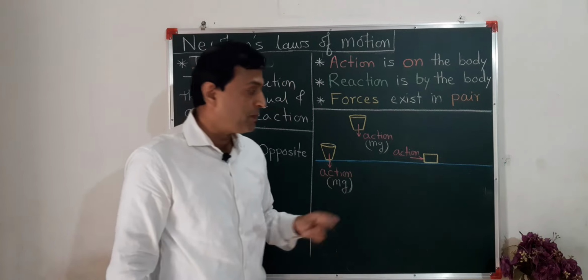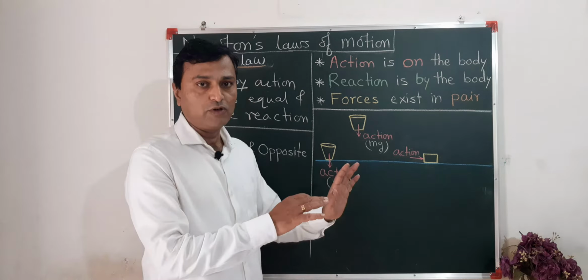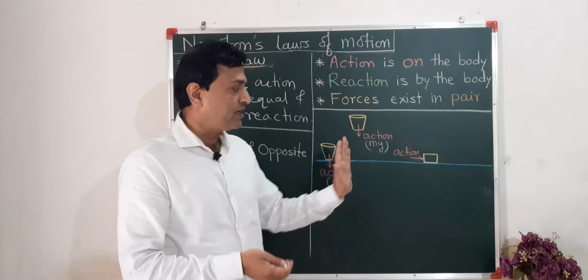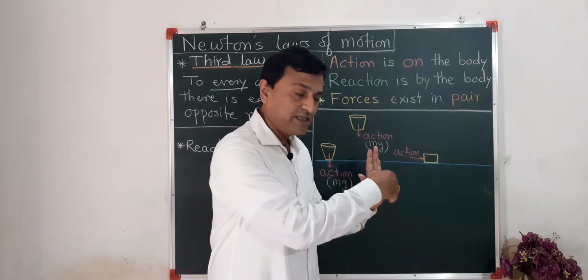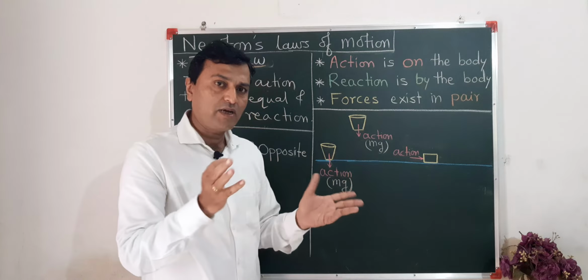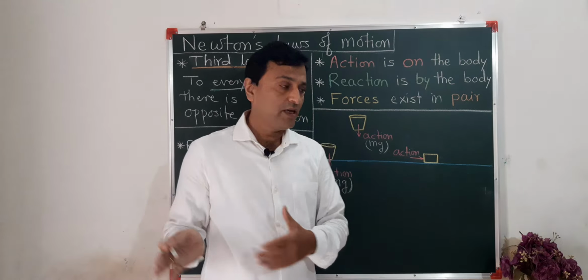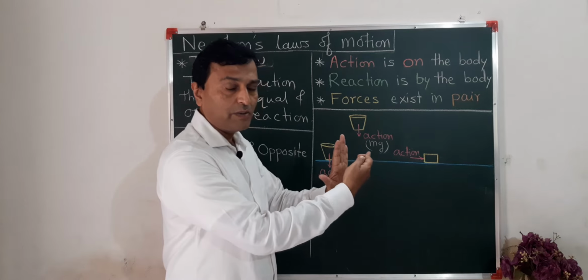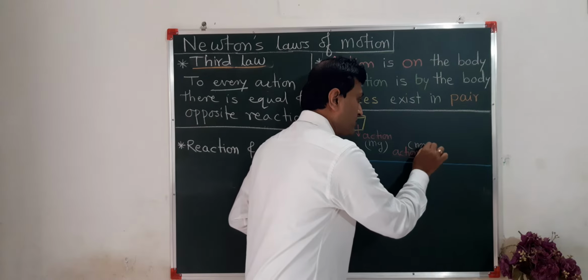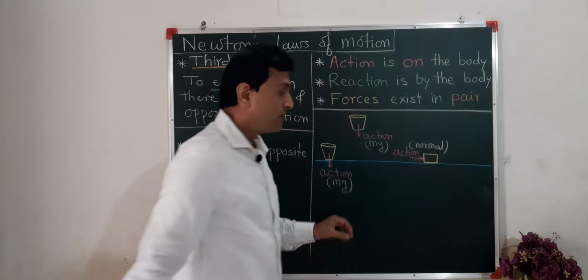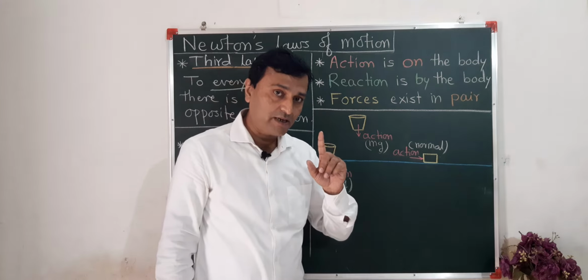In this case, I have applied force on the body in the right direction, that is, you can say muscular force, but muscular force is in contact with the body. That's why it is called normal force, because it is in contact with the body. You can say it is contact force. Actually, there are different types of contact forces. In this case, it is normal to the surface of the body. That's why it is called normal force, on the body. Now, these three action forces are there.